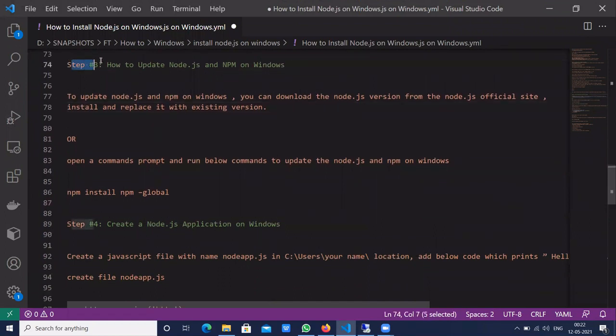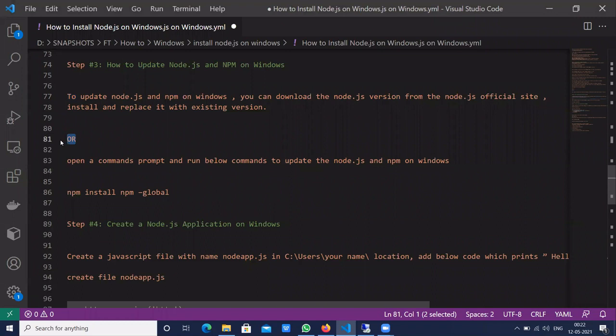Now the next step is how to update Node.js and npm on the Windows operating system. To update Node.js and npm on Windows, you can download the Node.js version from the Node.js official site, install it and replace it with the existing one.